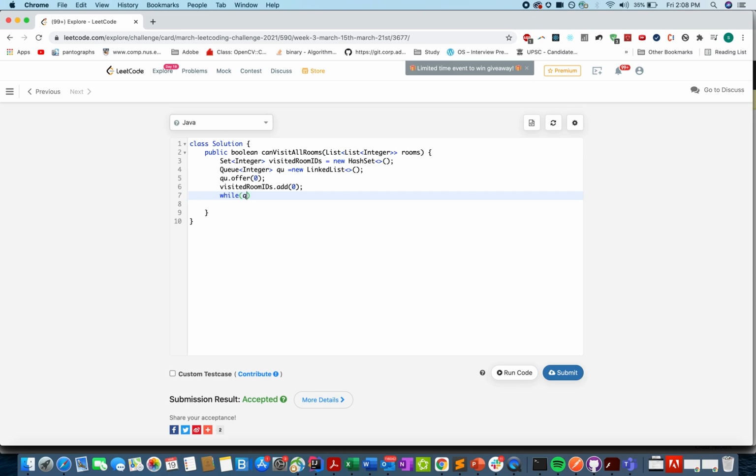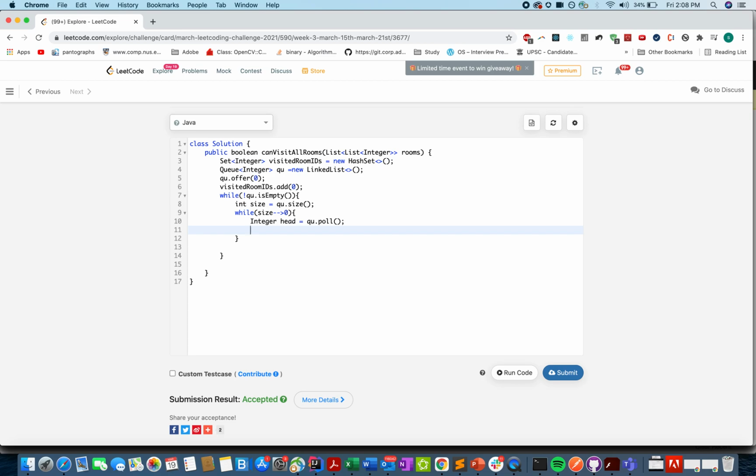And while the queue is not empty, int size equals queue.size. While size minus minus is greater than 0, you pull out the last visited room, Integer head equals queue.poll.